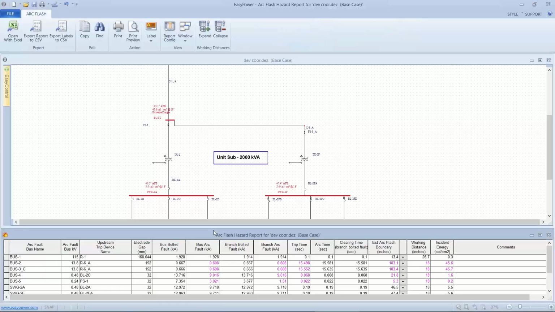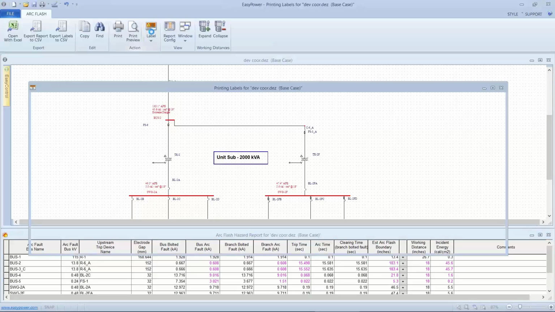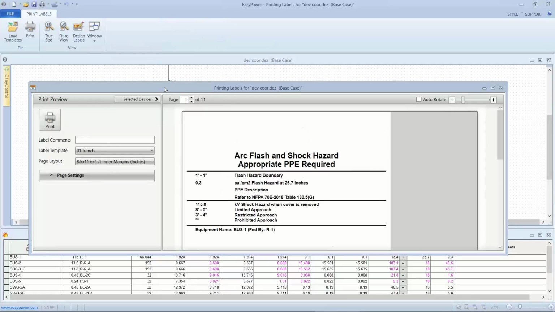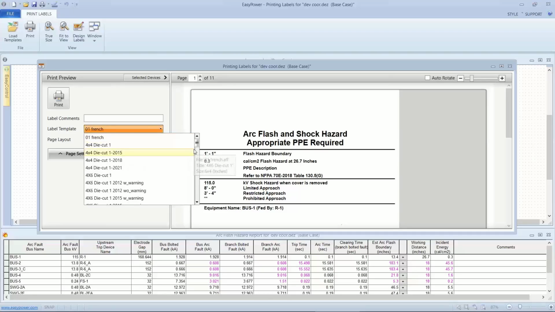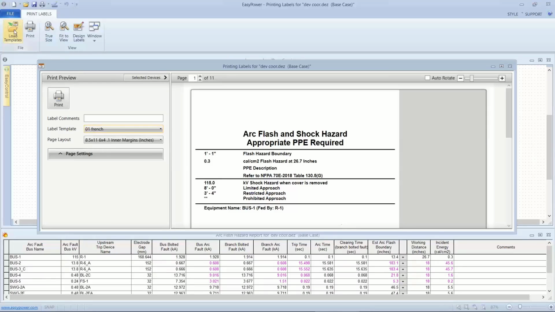Once I select the spreadsheet, no matter how I got here, the tool presents to me the label editor, and if I invoke that, it goes to a file location for arc flash label templates. And if we look at it, there's a host of probably 3 dozen different templates available. Now, what I've done is taken one of these and put it in a special folder so I don't get distracted by all the